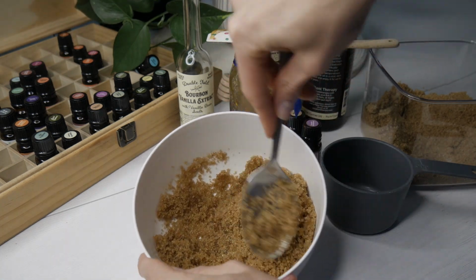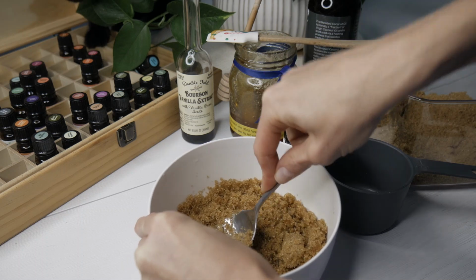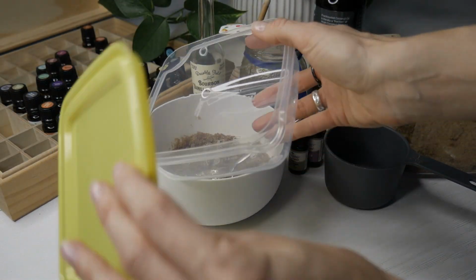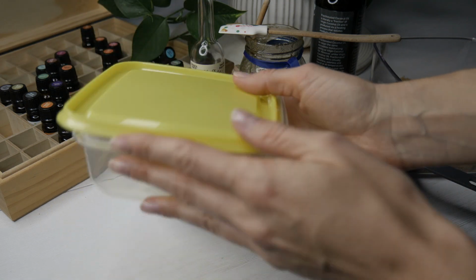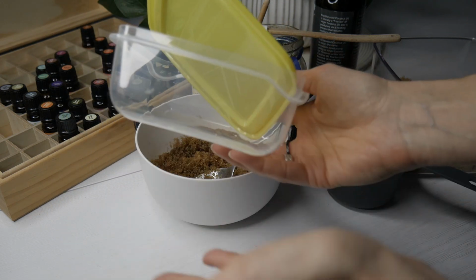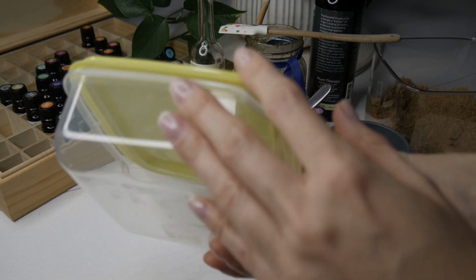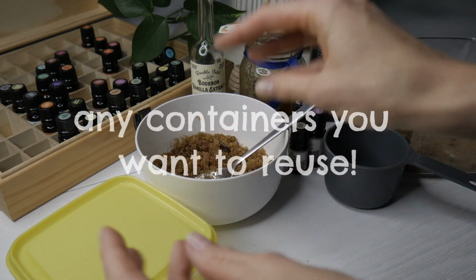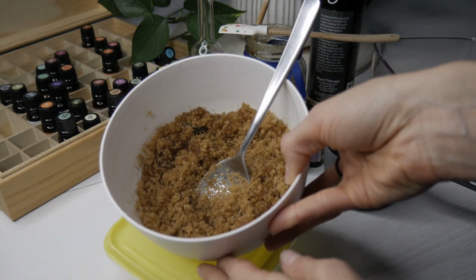It's real easy to work with brown sugar because it sort of soaks everything in. Once you mix everything up, I recommend you store it in a plastic container. I usually get these little containers, and it's a lot safer to use these in the bathtub, although I know that we're so against plastic these days. But if you know how to be careful, or maybe you have those glass containers with rubber on it, that could also be a good choice. You could store this scrub for